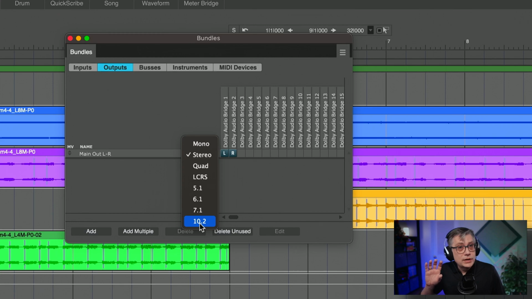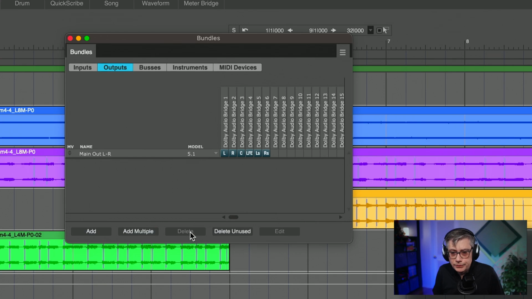So I'm going to do that in a separate video, which I'm going to talk about next week. Here, what I'm going to do is switch it over to 5.1. So I now have a 5.1 output. So the next thing is, and this is technically not really necessary, but what I'm going to do is